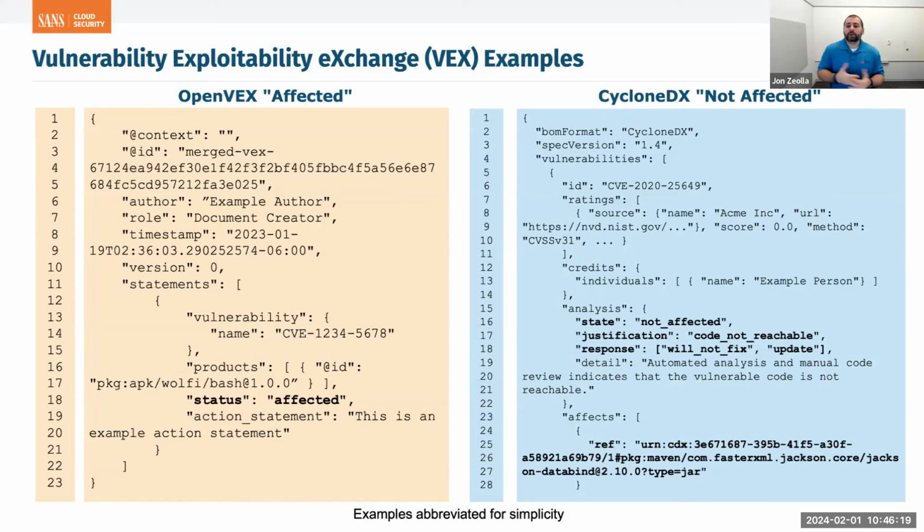Now, alternatively, we don't always have to say things are affected. We can say that it's not affected, and we can have justifications for that. So on the right, we did an analysis of the CVE 2020-25649, and we're saying this is not affected. For our system, this is not affected. Why? Because the code is not reachable. So yes, we are using the version that has the vulnerability, but we don't use the part of the code which is vulnerable. We don't use that code path. It's impossible. So for us, you cannot exploit that.